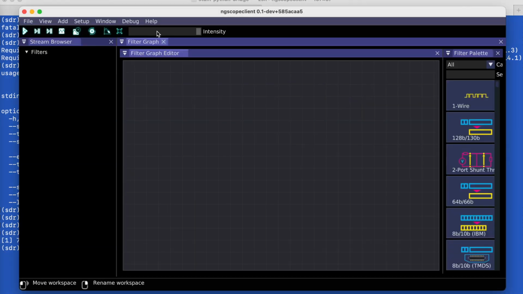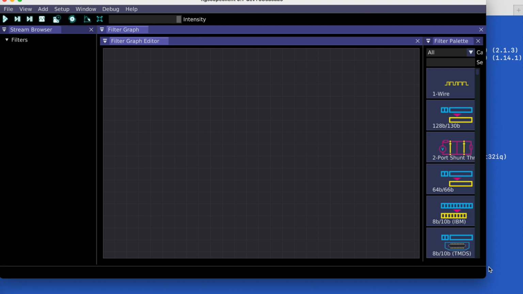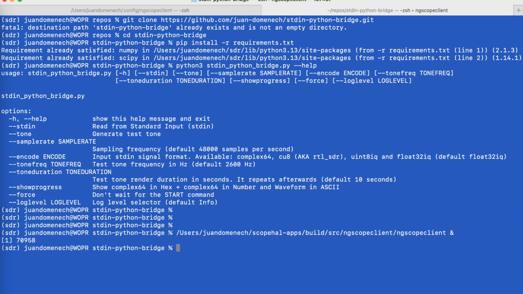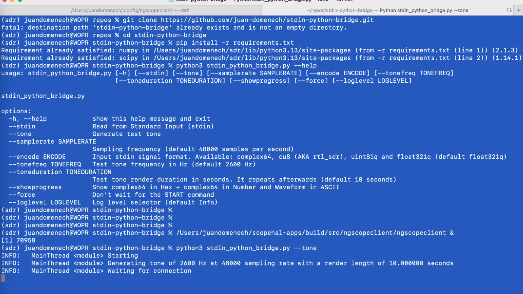So we bring it up, adjust a bit to the screen. Here we go. And with this ready, we bring the bridge with the option tone, nothing else. Okay, it's telling us that by default it's going to create a 2600 hertz signal, 48 kilo sampling,